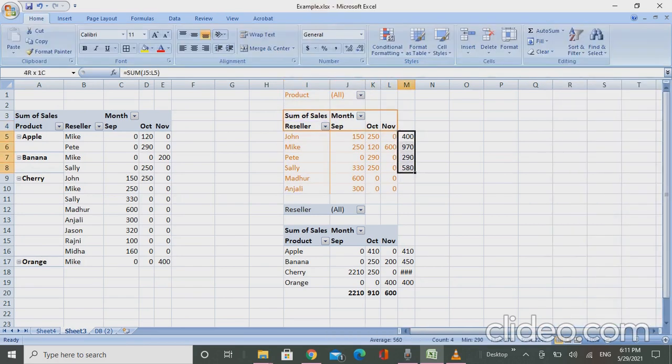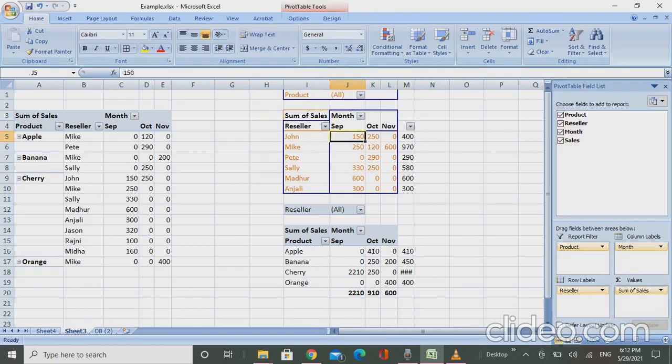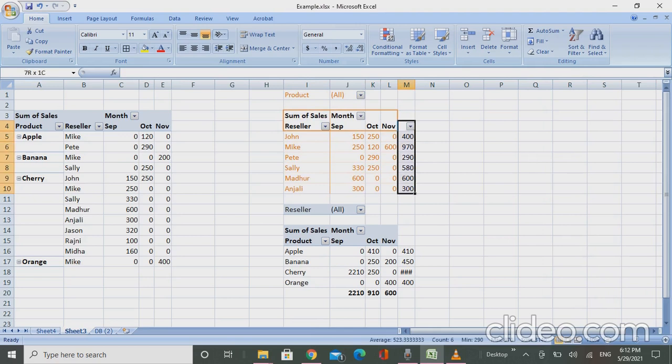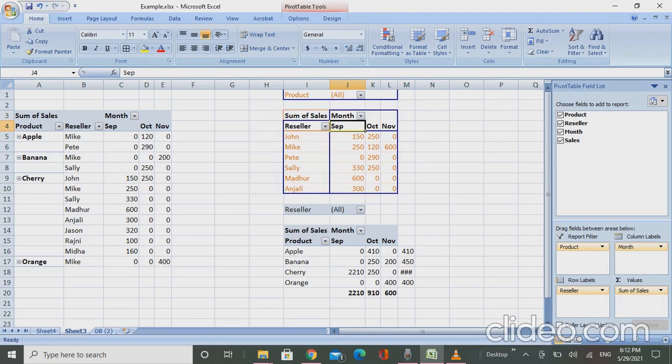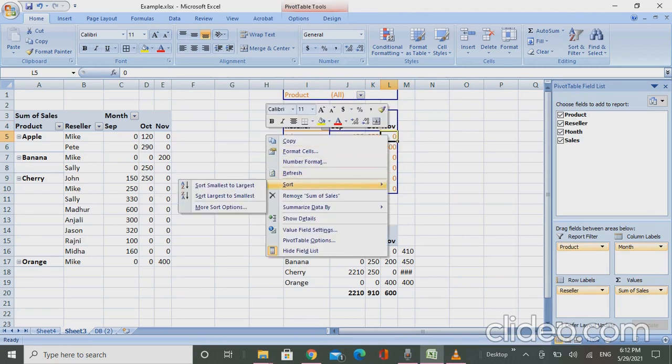So I'll make a filter of it by pressing Shift Control L. If I want to sort it on the basis of this November month, I'll press the right key, go to sort, and then I'll sort from largest to smallest.